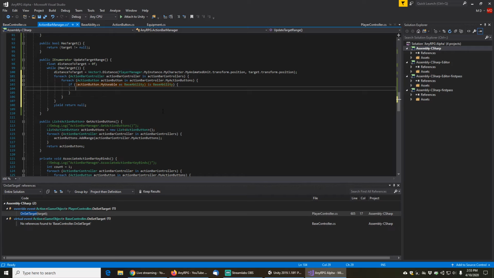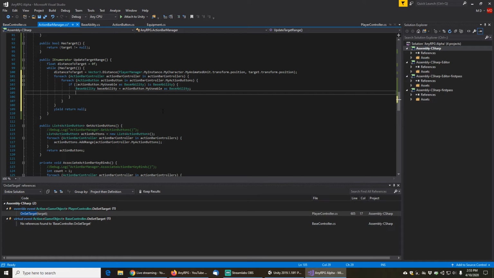Then let's just make a reference to this to make it easy, so we don't have to write that as statement every time. And then we want to check basically